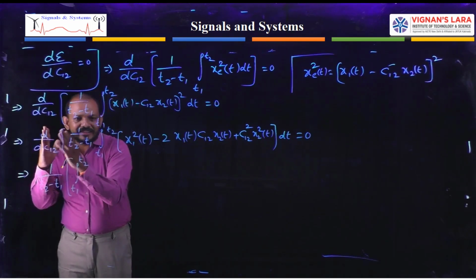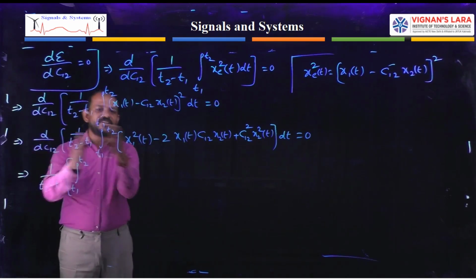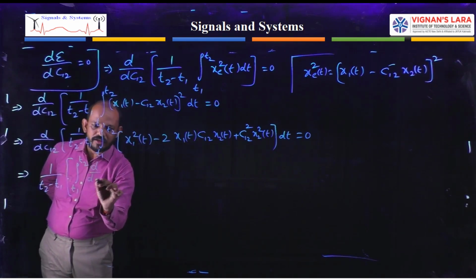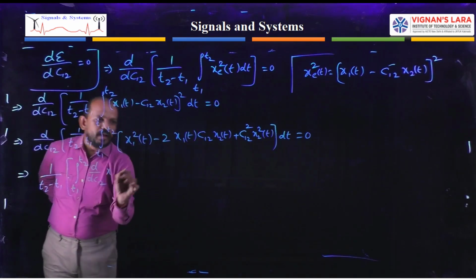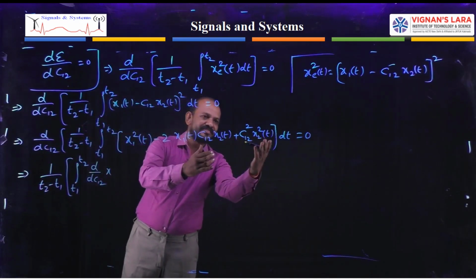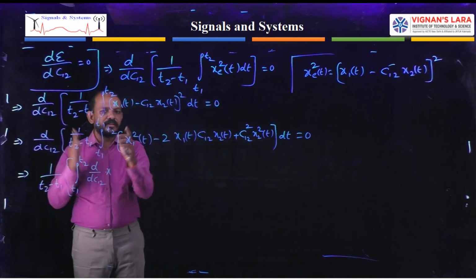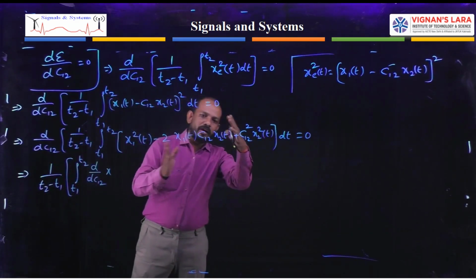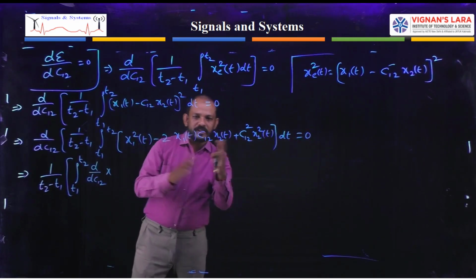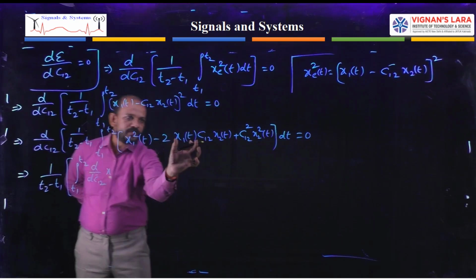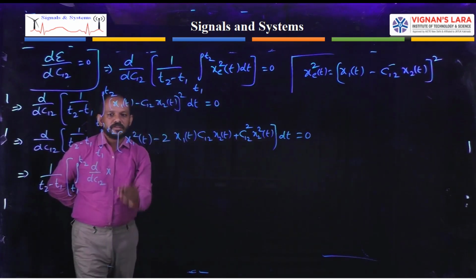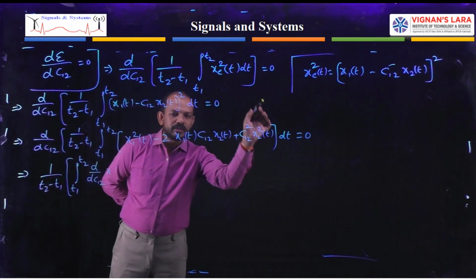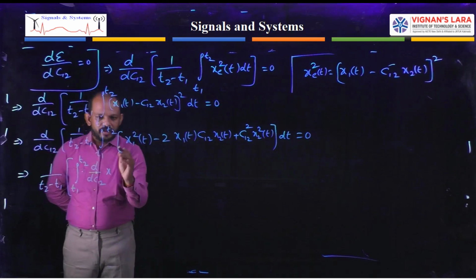Actually there is differentiation first, but I am keeping integration first and differentiation next. So what happens? d/dC12 of the integral of a minus b plus c. I am separating the terms: integration of a dt, integration of b dt, integration of c dt. Let us take these three terms: first integration of this one minus integration of this one plus integration of the third one. In this way, first I am going for this one only.